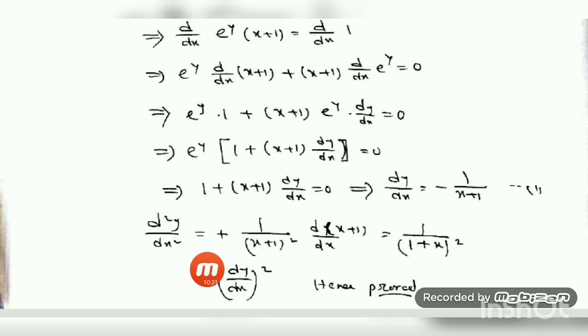Then I have taken the derivative of this. d/dx of dy/dx is equal to, I have used the 1 by x formula, minus is there, minus 1. The formula is d/dx of 1 by x is minus 1 by x square. So minus minus becomes plus, 1 by (1 plus x) whole square, where I have considered (1 plus x) as x. It is equal to 1 by (1 plus x) whole square. And if I square the expression for dy/dx, 1 by (1 plus x) whole square is obtained. So I have written here d2y/dx2 is equal to the square of this one. Just I have used this. Hence the result you obtain.